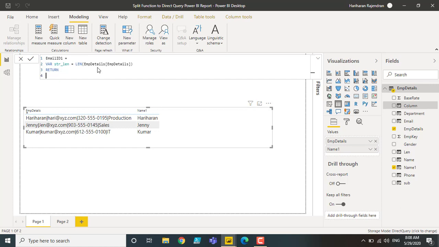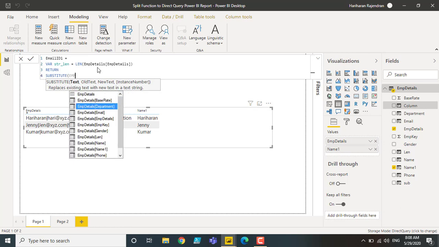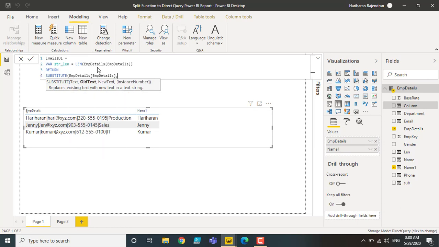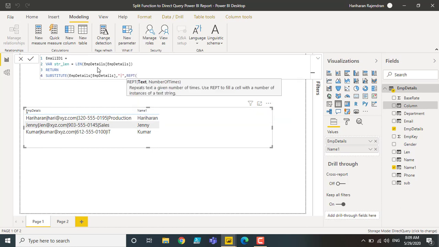Here again, let me start with the inner function, SUBSTITUTE. What is the text? Employee details. We are going to use the REPEAT function, followed with the text, which is a space, and then STRING LENGTH.